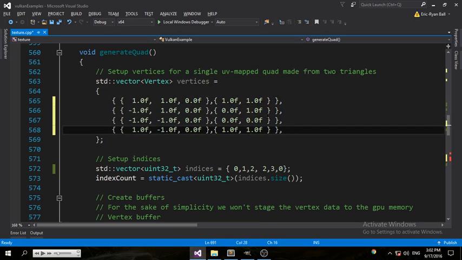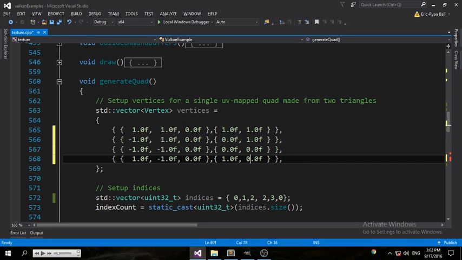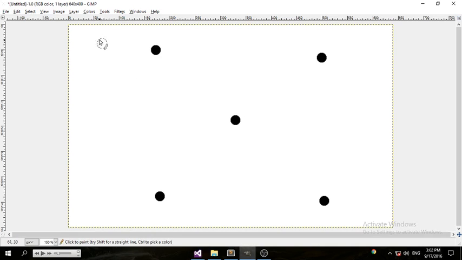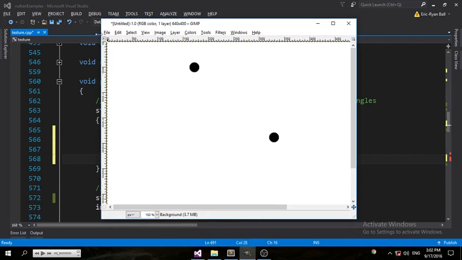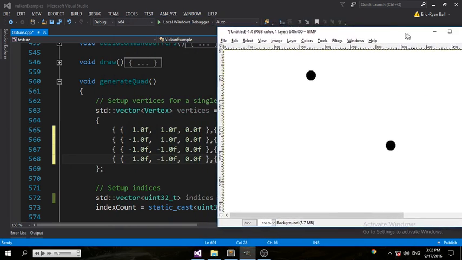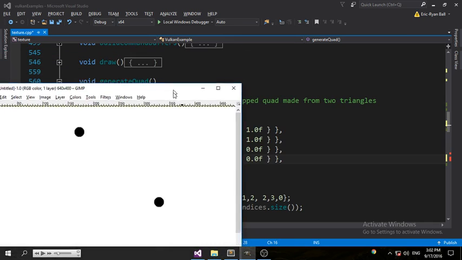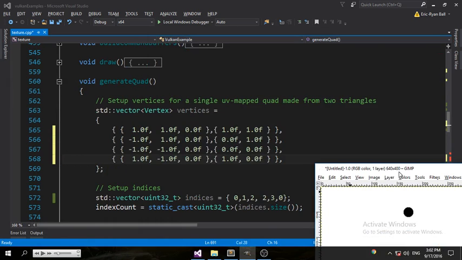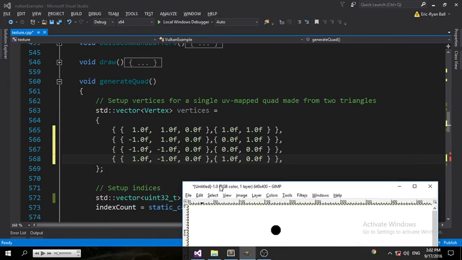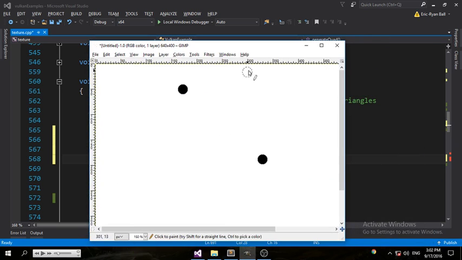Another thing to know is that for our texture coordinates, the origin is in the top left. So right here we have 1, 1. So x is 1, y goes down, y is inverted still. Then x is 0, y is 1. So x is 0, y is 1, goes down 1. Then 0, 0, that's the origin in the top left, and then x goes 1,